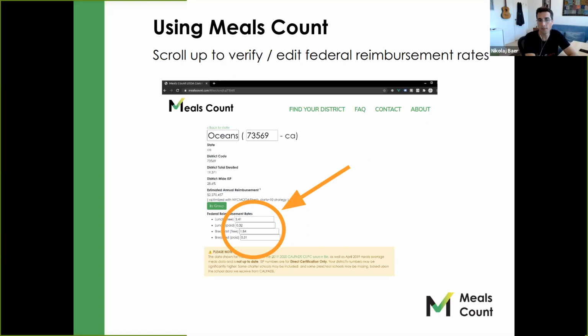The other thing important to mention at the top, if you scroll back up again, is you will see the federal reimbursement rates. There are some predefined ones in there that I think are not even up to date, and Emily can probably chime in on that. So it's really important to get the right rates in here if you're looking at the actual reimbursement number at the end of the day, to make sure that those rates are tied to your district and are the appropriate ones. That's the free and paid lunch rate and the free and paid breakfast rate. Getting that in there is really critical, because until you get that in there, you can't really rely on the annual reimbursement number that's coming out.